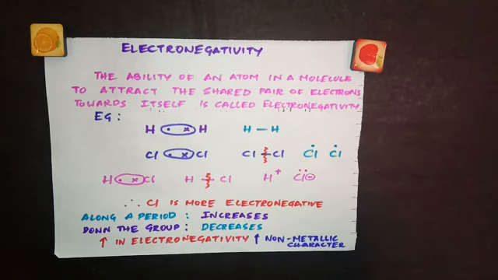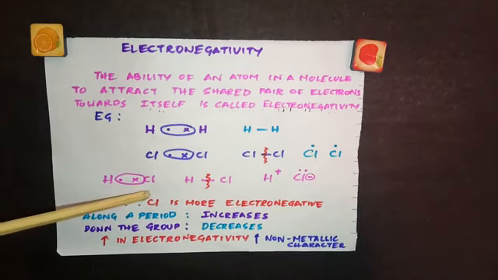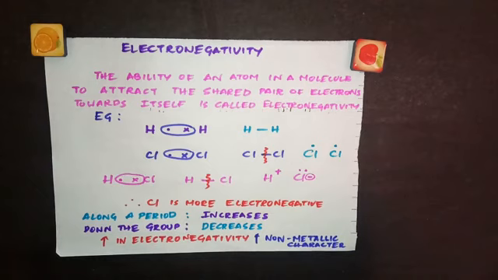The electronegativity of any given element is not a constant. It varies depending upon the element to which it is bound. So if chlorine is bound to hydrogen, we have an electronegativity value for chlorine, but when this chlorine is bonded to some other atom, then the electronegativity changes. Though it is not a measurable quantity, it provides a means of predicting the nature of the force that holds a pair of atoms together, which we will be learning later. So even though we are not able to measure it, using the approximate values you can talk about the nature of bonding between two atoms in a molecule.